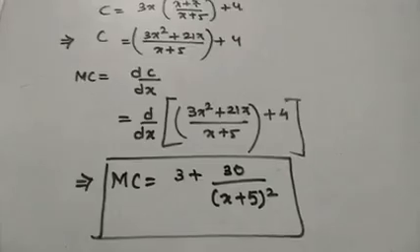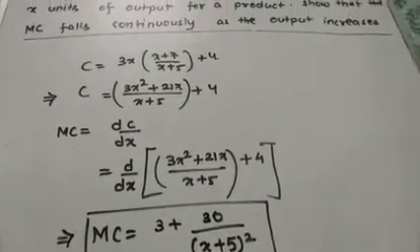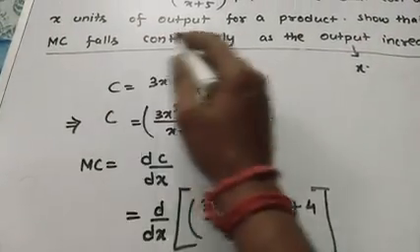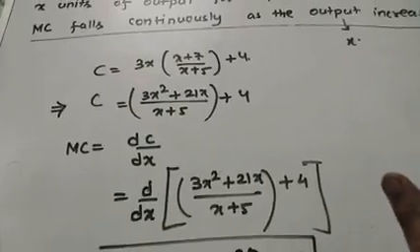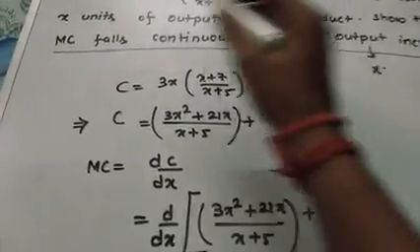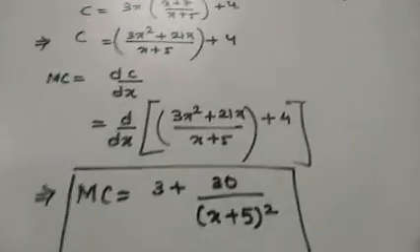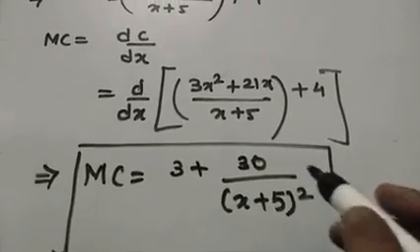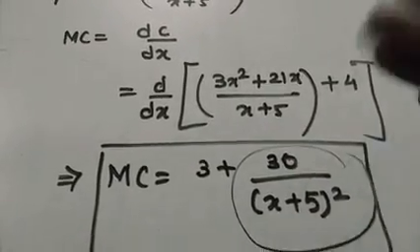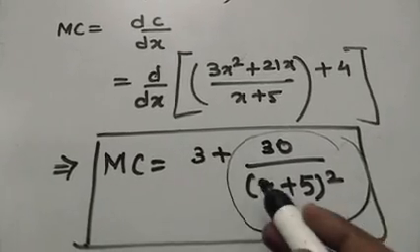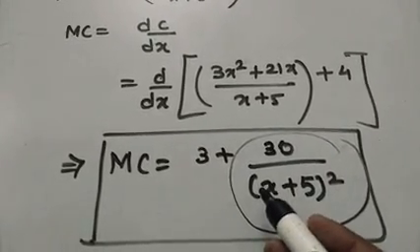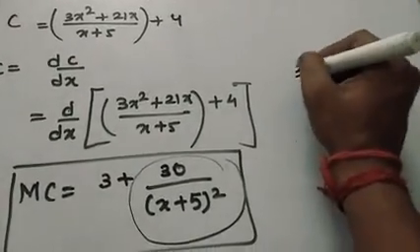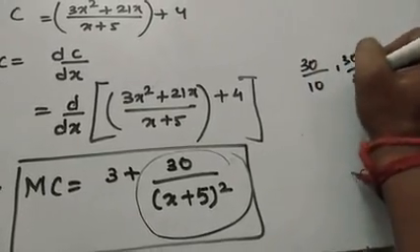Okay, so now from this, the conclusion. What was the conclusion? Show that as the output, your x, increases, the marginal cost falls. Falls means decreases. That means as x increases, marginal cost decreases. Now see how. X is in the denominator. If we increase the denominator, it is quite natural that this total value will decrease. Because if I say 30 by 10 and 30 by 20,